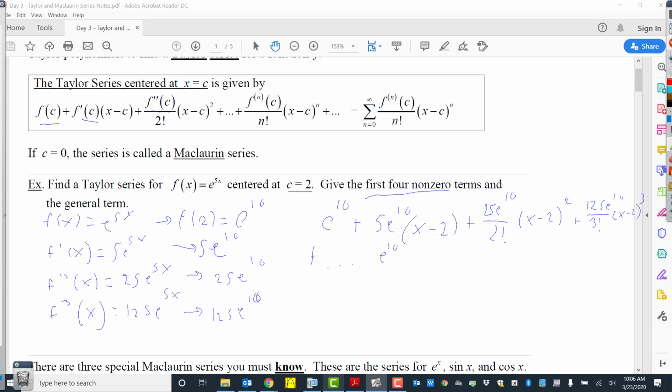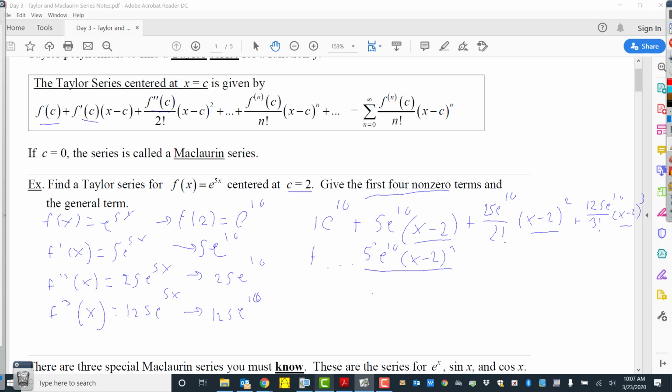There we go. If we look at the leading coefficient, it starts with 1, 5, 25, 125. Well, that's just all the powers of 5. So this is 5 to the n power. Because when n is 0, we get 1. When n is 1, we get 5. N is 2, we get 25, and so on. Then we have this right here, the x minus 2. If we notice, the x minus 2 follows the same power that the 5 did. So we originally have 1. Then we have x minus 2 to the 1 power, x minus 2 to the 2 power. So we have x minus 2 to the nth power